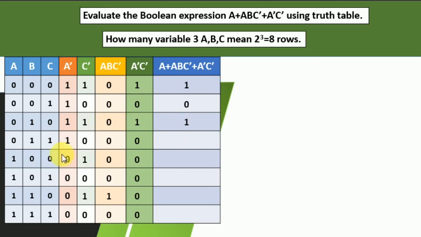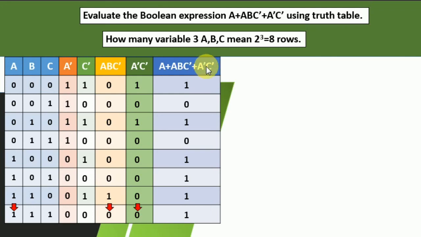What is the next value? 0 0 0 false. What is the next one? 1 0 0. We got one true condition in OR, so the answer is true, that is 1. Next is 1 0 0. Answer is true. Next 1 1 0. Answer is true. And last is 1 0 0 1. So here is the final result of this expression, that is A plus A B C complement plus A complement